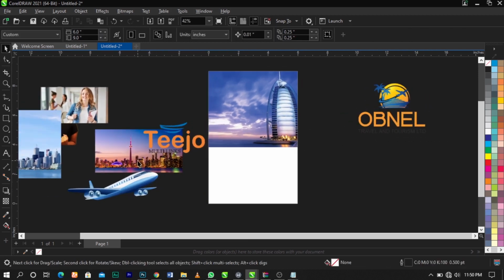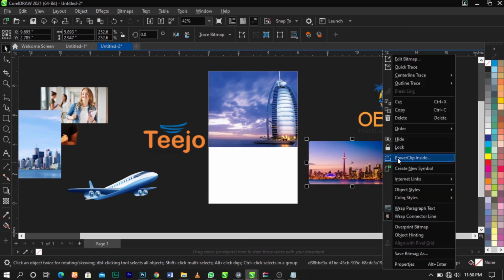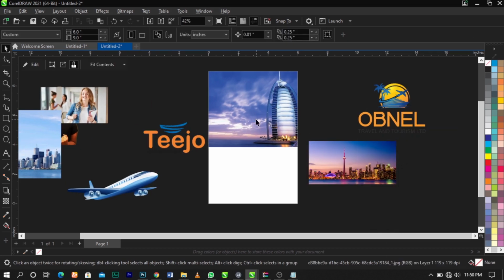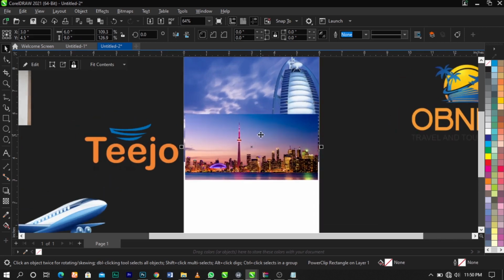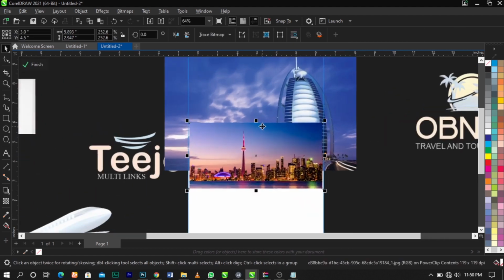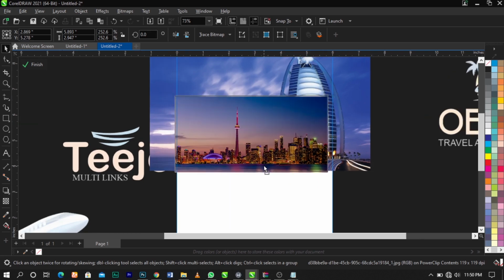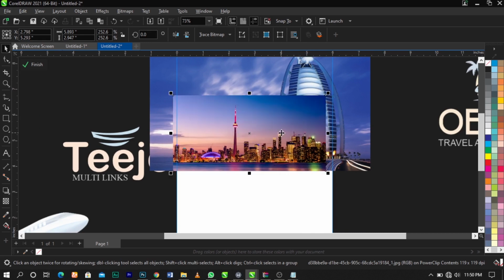So the next thing I'm going to do also is bring in this second background we have here and right click on it, select power clip inside and place it inside this frame. So what you're going to do is right click again and select edit power clip to edit the background we have inside the frame. So all you need to do is just bring it up here. Alright, bring this up here, and now to blend this background together, all you need to do is go to your